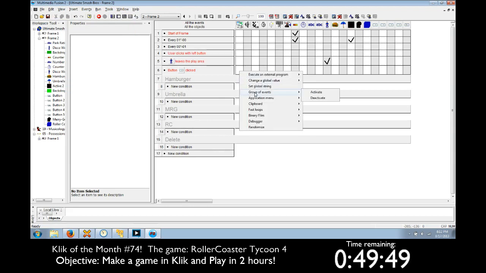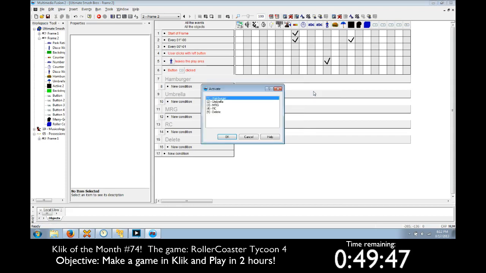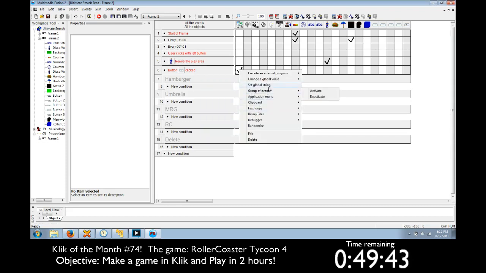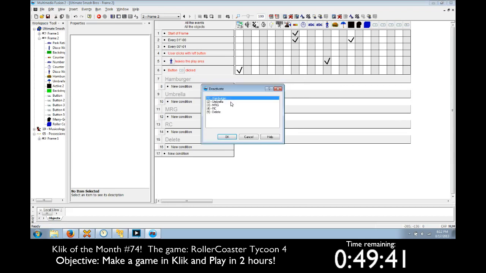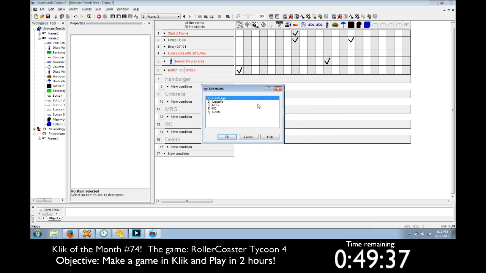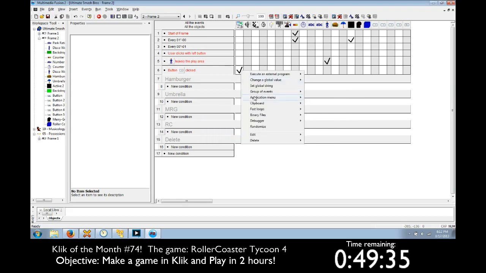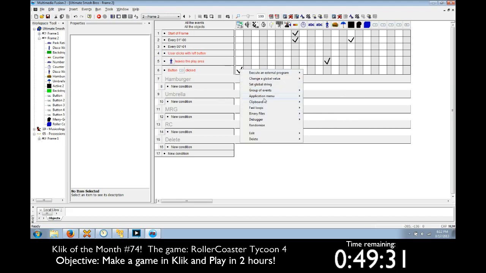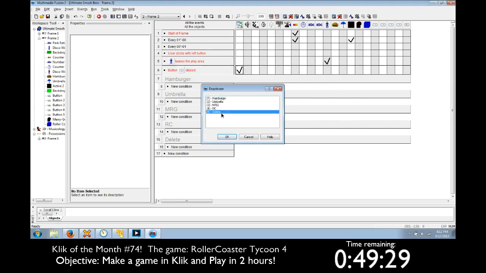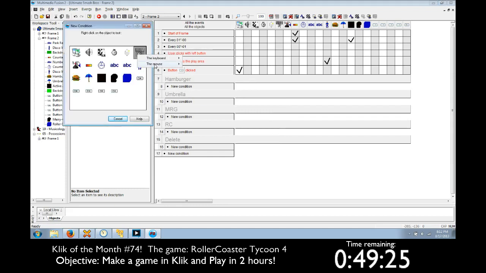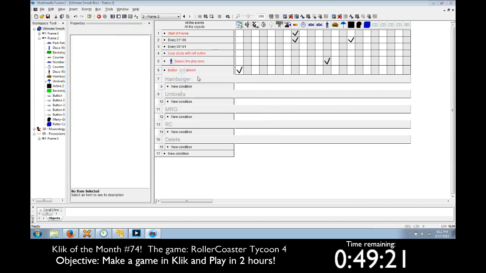Group of events. Activate the hamburger one, and we'll also want it to deactivate all of the other ones in case they have been clicked before, so you don't accidentally make multiple of the same things. Deactivate delete, which means the mouse user clicks